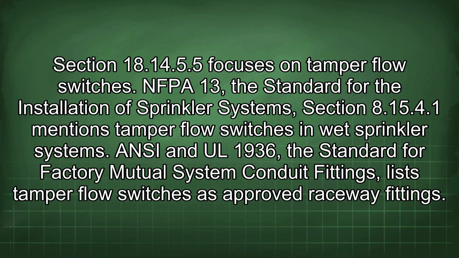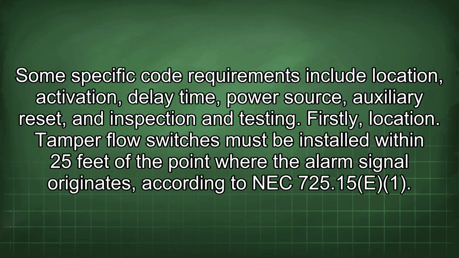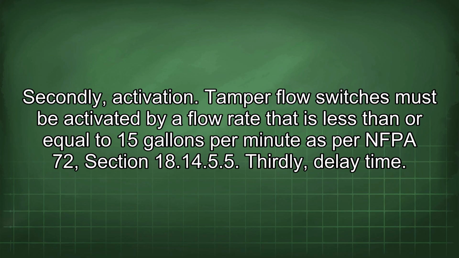systems. NEC and NEC 1936, the standard for factory mutual system conduit fittings, lists Tamper flow switches as approved raceway fittings. Some specific code requirements include location, activation, delay time, power source, auxiliary reset, and inspection and testing. Firstly, location. Tamper flow switches must be installed within 25 feet of the point where the alarm signal originates according to NEC 725.15. Secondly, activation. Tamper flow switches must be activated by a flow rate that is less than or equal to